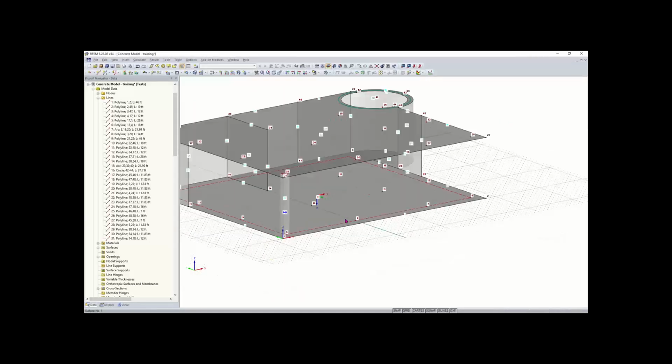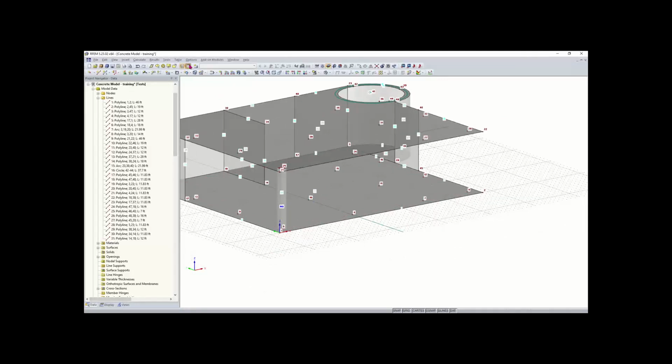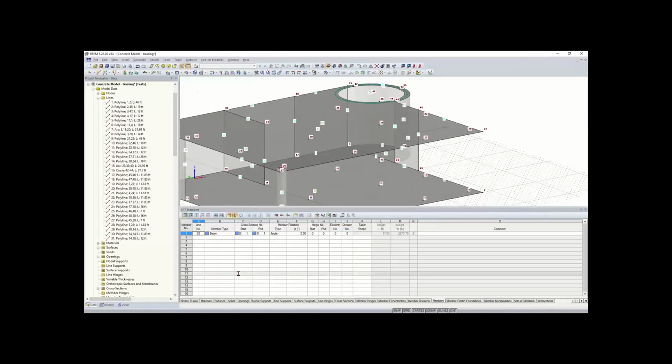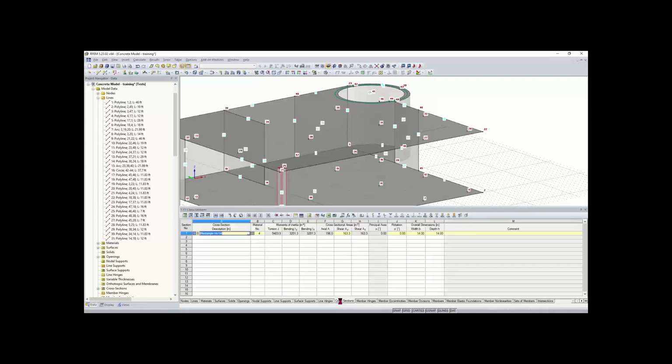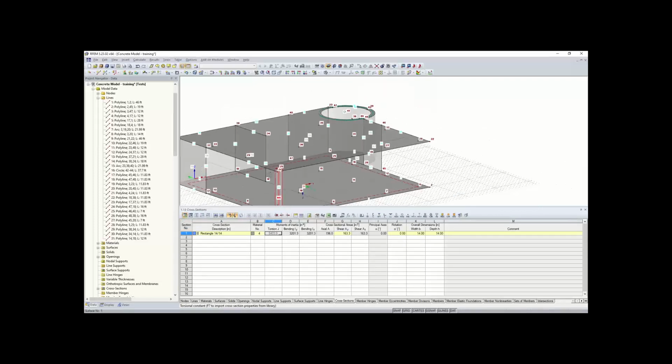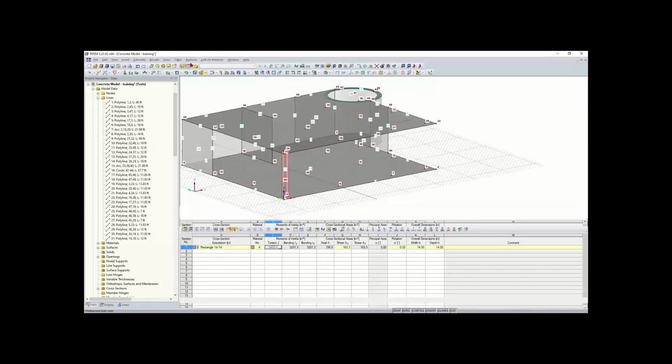And you can also see this in the table. So if I turn on my table up here, maybe we want to get a look at our cross sections in our table. So we can go open our table and we can go to members. And we can also go to cross sections. And under the cross sections tab here, you can see we have our cross section listed. And we can also change this cross section from here as well if you would like. And yeah, you can also see up here what table you're in if you need to reference it. It's 1.13 cross sections. So I will close out of my table,